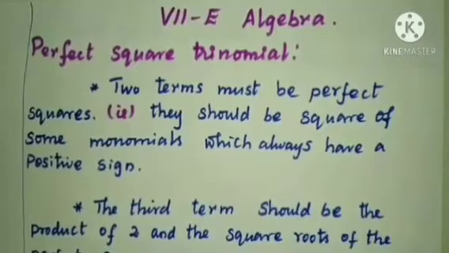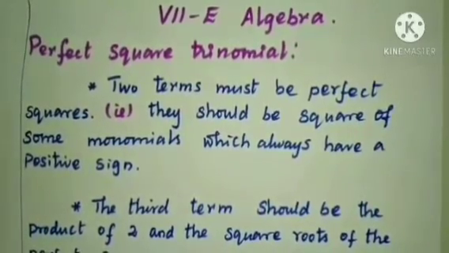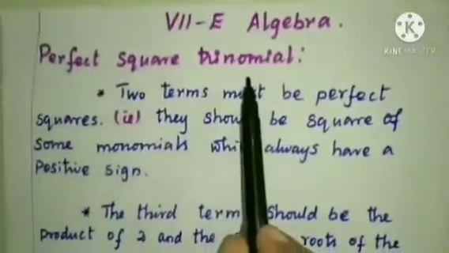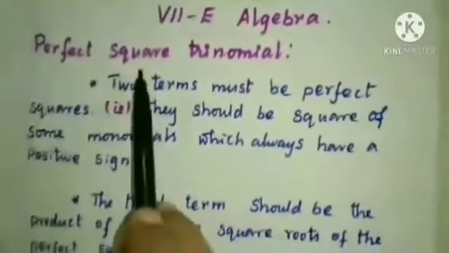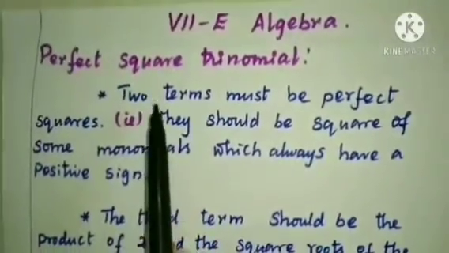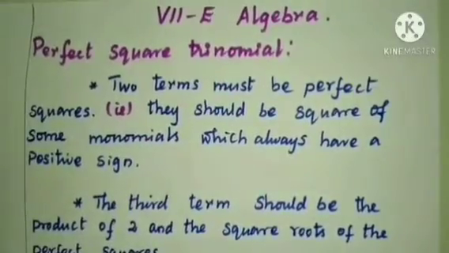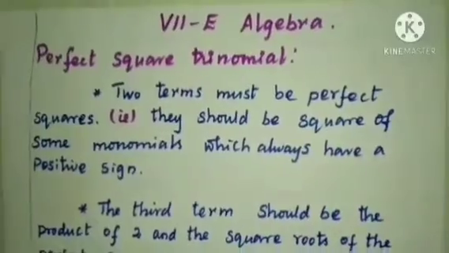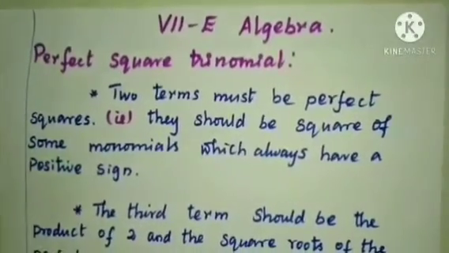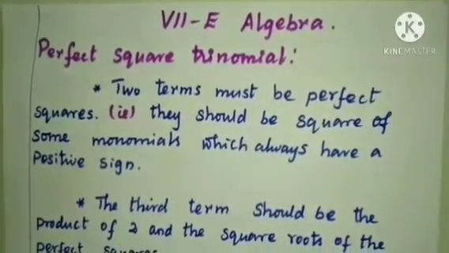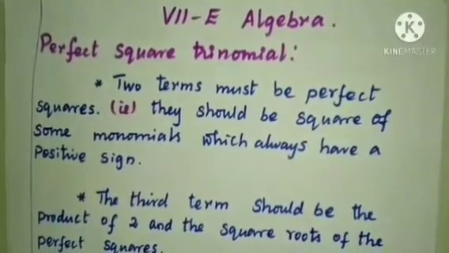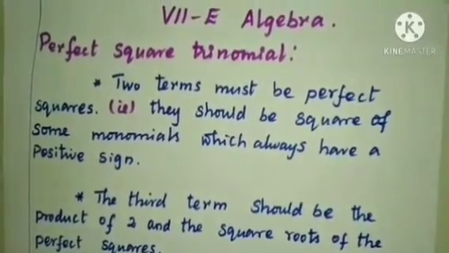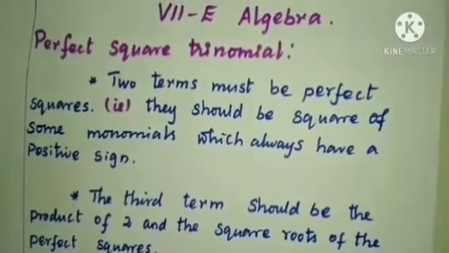Now we are going to see perfect square trinomial. Trinomial means it contains 3 terms. Perfect square means you have to multiply it with same numbers. What is perfect square trinomial? That is, it can be expressed as a square of some quantities. They are known as perfect square trinomial. Let us see how to check whether the given trinomial is a perfect square or not.